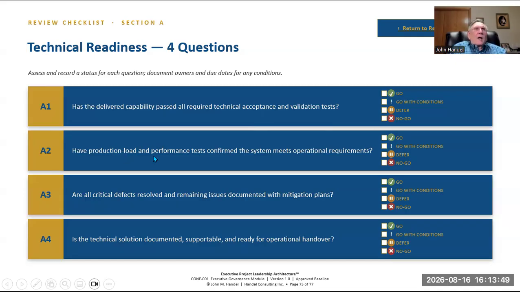Have production load and performance tests confirmed the system meets operational requirements? And this is the tough one. This is where you get into the load. Have you been able to replicate your load? Sometimes the load is not in your area. For example, the load had nothing to do with how many recent changes you could do. The load was call processing, and you had to function